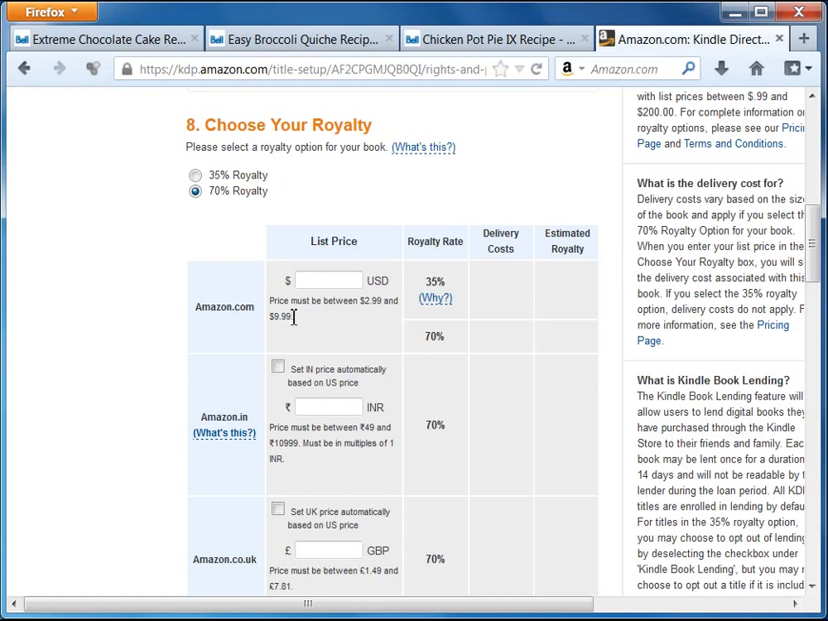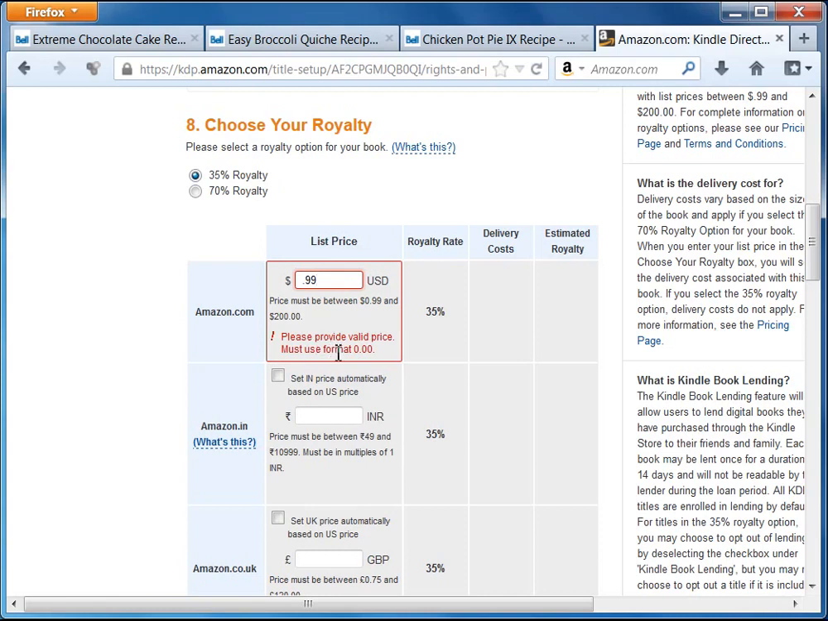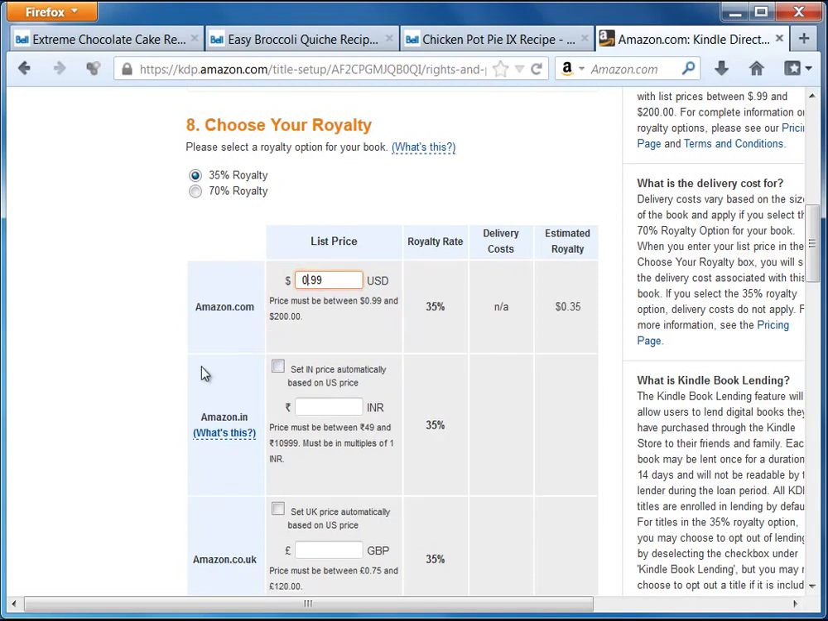Okay, so when you launch a book, if you want reviews and if you want people to review, then you've got to make it really easy for them to buy the book. So I would suggest initially for the first couple of weeks or so, until you start getting sales, you leave this at 99 cents. Okay, alright, here we go. Alright, so we'll say 35%, we'll leave it at 99 cents,